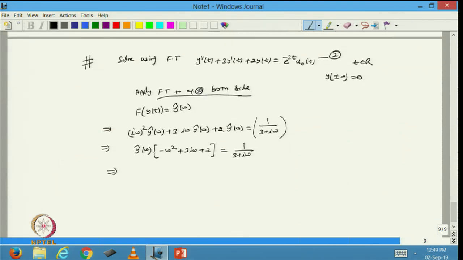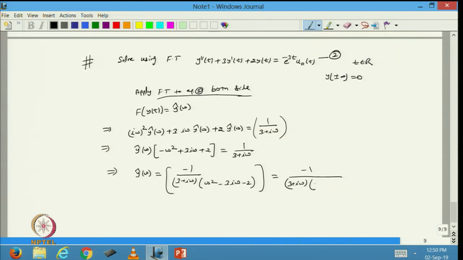So, from here I can write this function as one over 3 plus i omega, and I take the minus sign here. So, it will be omega square minus 3 i omega minus 2, which can be further factorized. So, it becomes 3 plus i omega,